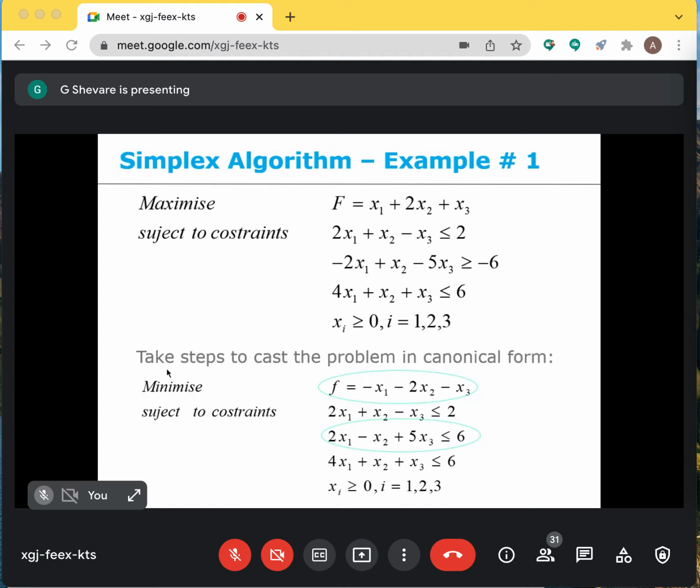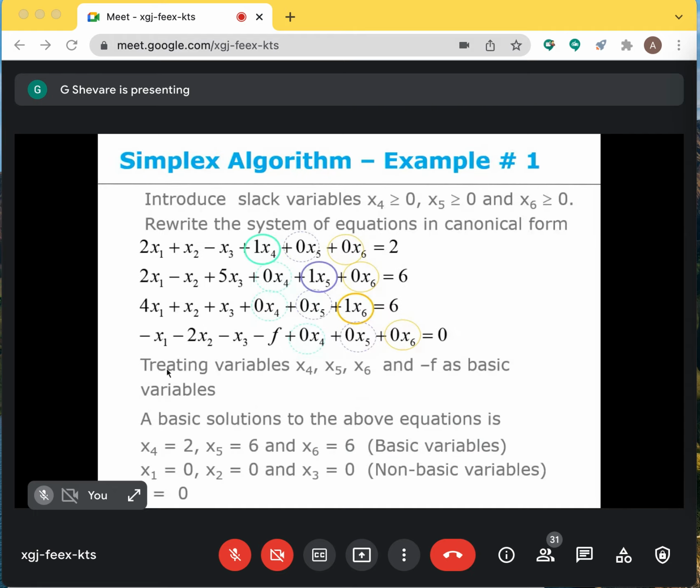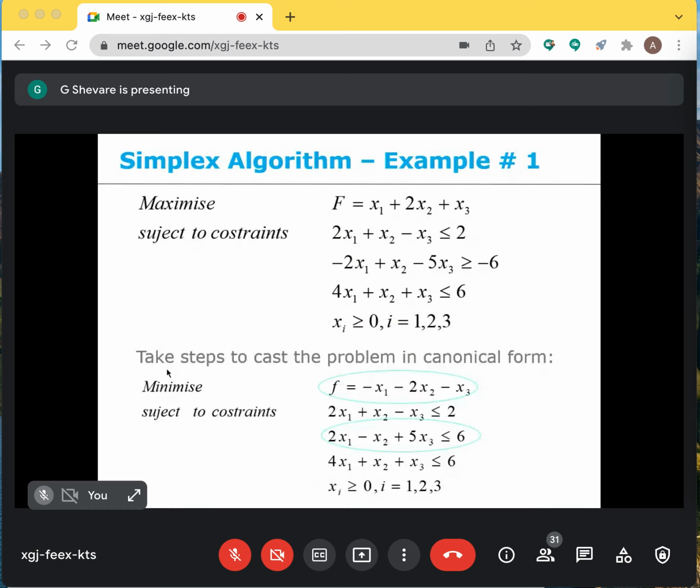What are the constraints? The way they are given, the first equation, the second equation, and the third equation are given as less than or equal to, greater than or equal to, or less than or equal to. At least the first thing that I'll do is convert the second inequality constraint so that instead of greater than or equal to, it becomes less than or equal to. Even then it is not acceptable. I'll convert that into equality later on anyway. So the equations which are given on the top are converted into the equations given below. Then those equations, instead of inequalities, you convert them into equalities.